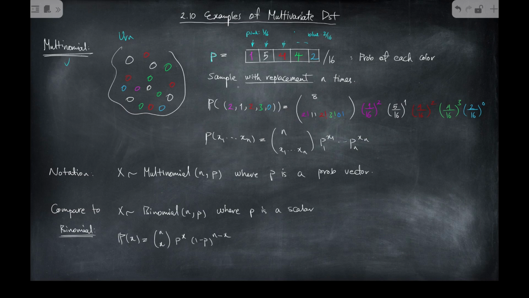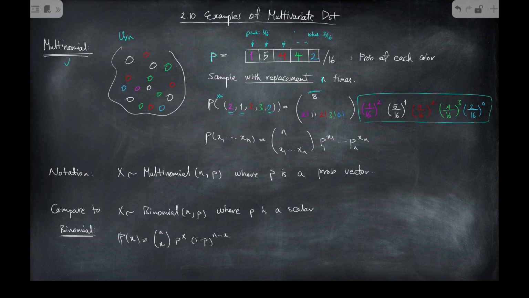And you sample with replacement n times. So you take out various balls n times, and this is with replacement, so you can do it infinitely many times. You do it, for example, 8 times here. And the question is, what's the probability of getting, so my X is a vector, 2 pink, 1 white, 2 red, 3 blue, 3 green, and 0 blue. That's the probability that I'm interested in. So the probability of getting